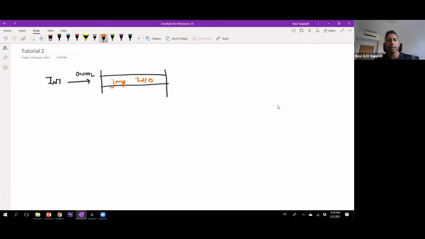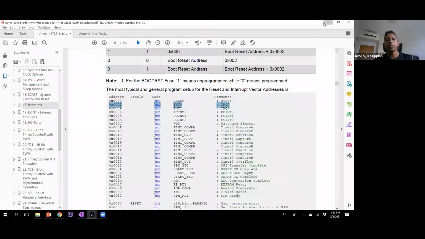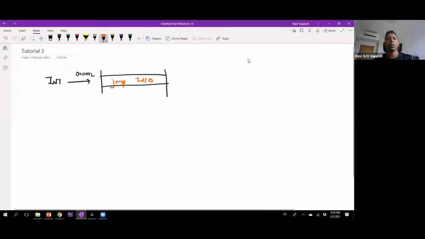So where is the INT0 interrupt? This INT0 interrupt is basically wherever your compiler has stored your ISR. If you remember, you have your ISR written inside your code, and that is for your INT0.